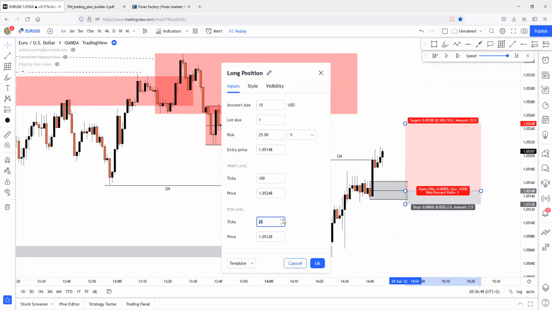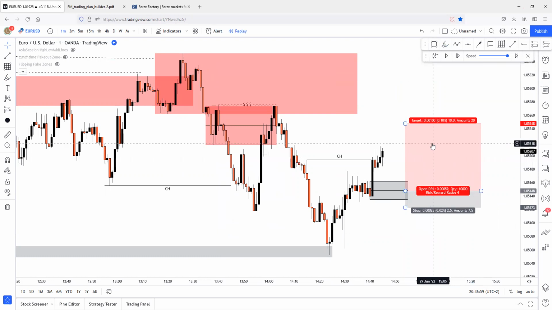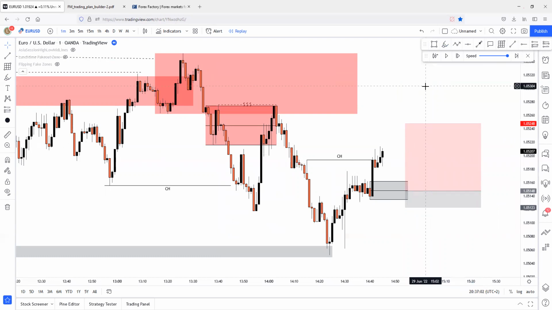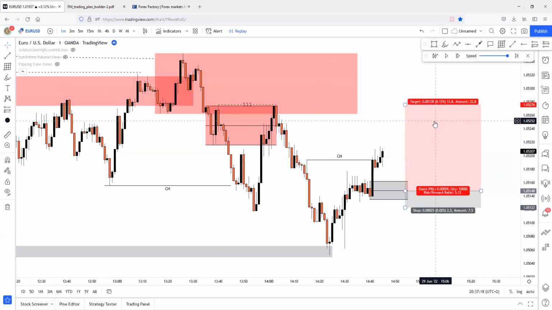And I'm just telling you that lately, in the past few days, past few weeks, I'm using a 2.5 pip stop loss because zones are literally too huge to be covered with a 2 pip stop loss. I just started to use 2.5 pip stop losses because it's much easier and you'll have a much higher strike rate. I'm using 2.5 and 3 pip stop loss lately because we have to adapt. So the target point will be this liquidity line here for a 1:5 risk reward ratio. That's perfect.